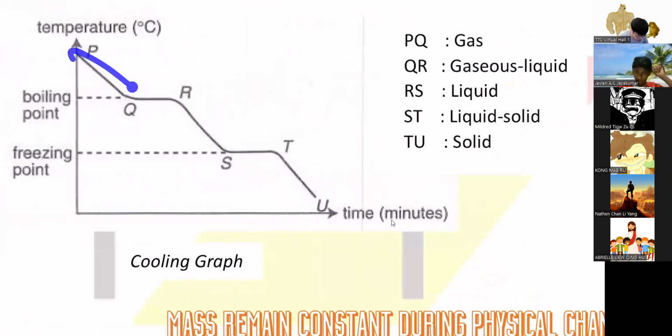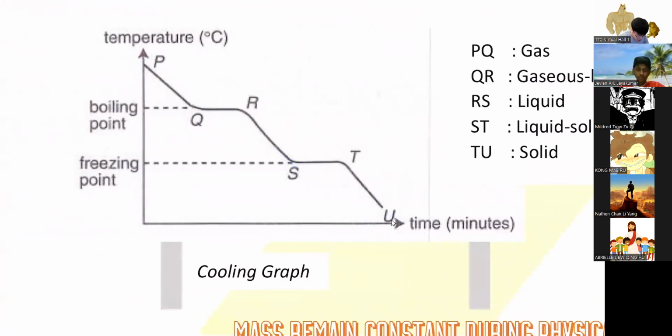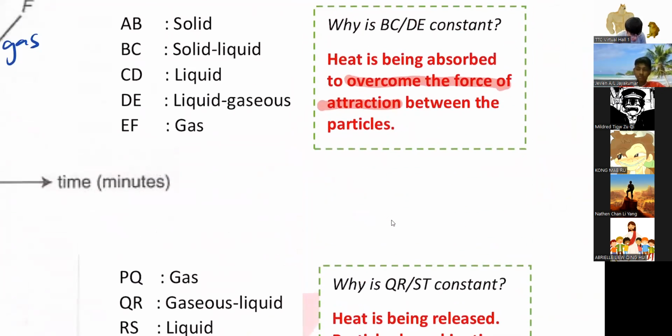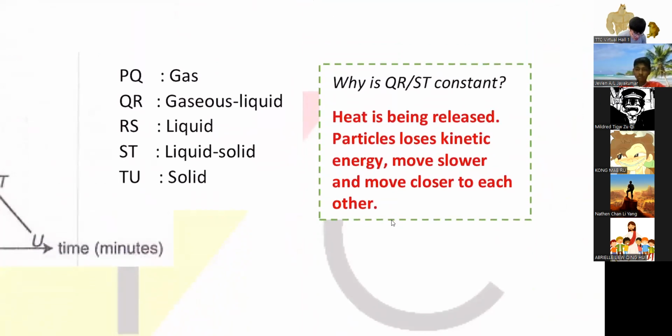All right, so anyway, the reverse. What do you see during Q, R, and ST? Why are they constant? Because just now I overcame the force of attraction, right? Now I move closer to each other, or I form force of attraction. Yeah, we have to learn it again, okay, in primary,